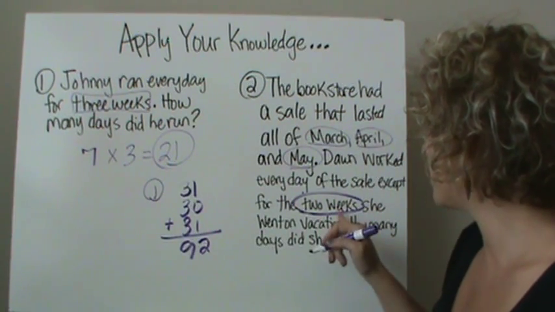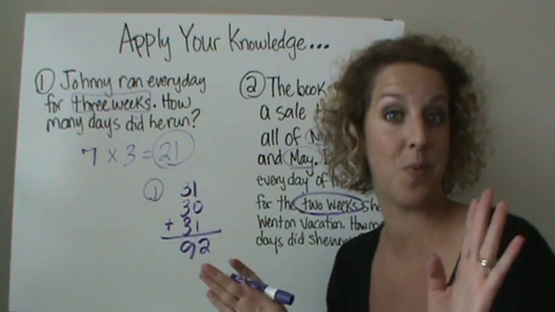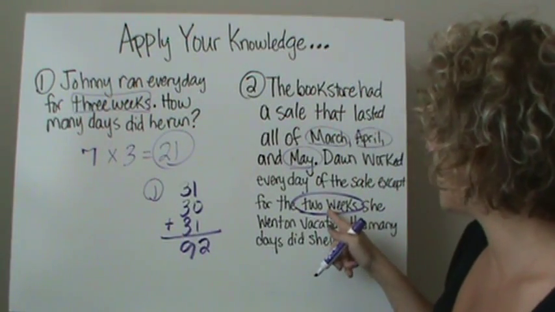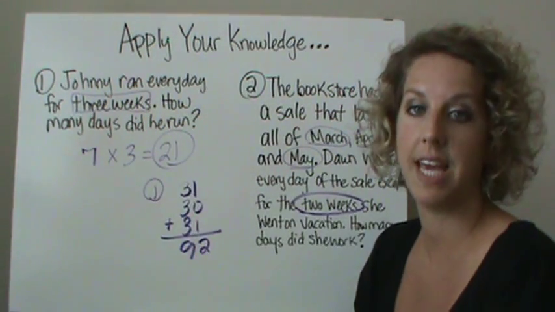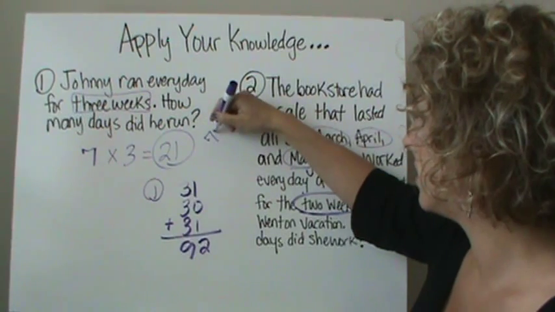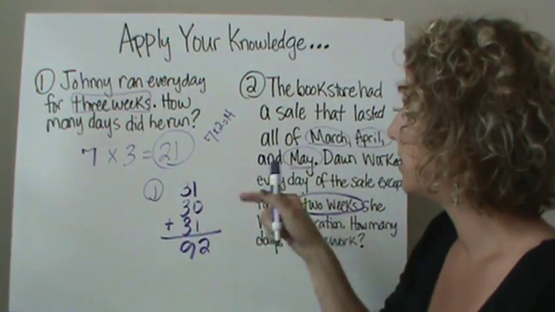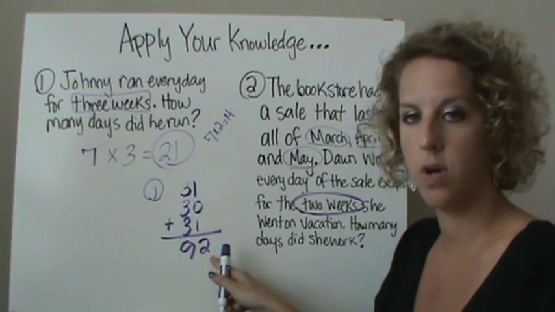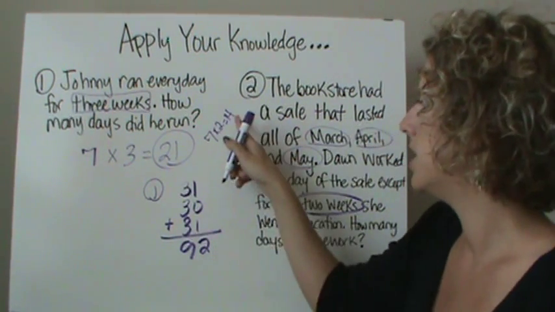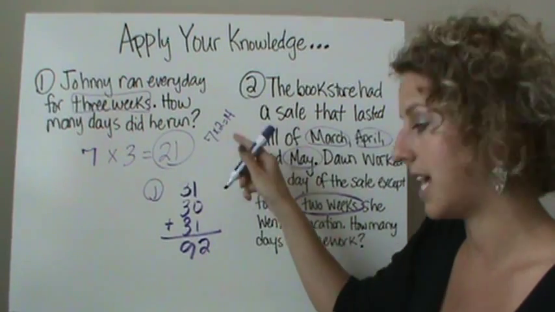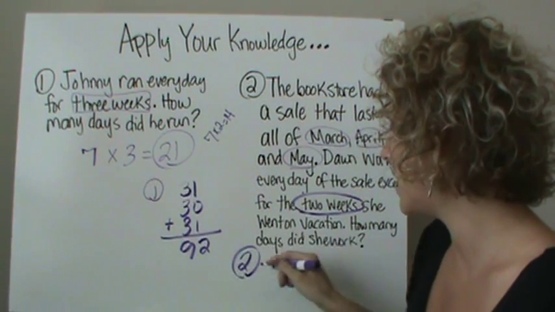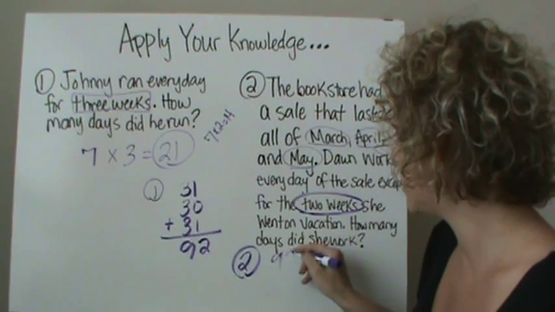So she went on vacation for 2 weeks. She didn't have to work those 2 weeks. We know that 1 week is 7 days. So 2 weeks is 14 days. Okay. So the sale went on for 92 days. She went on vacation for 14 days. So we need to now figure out 92